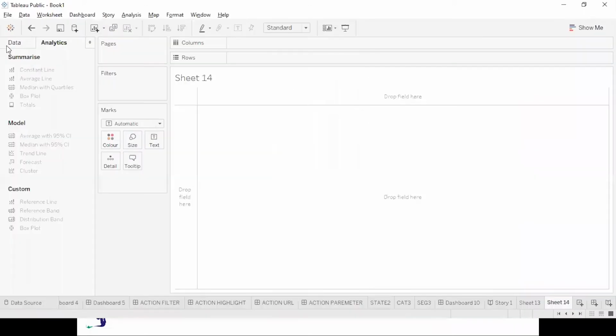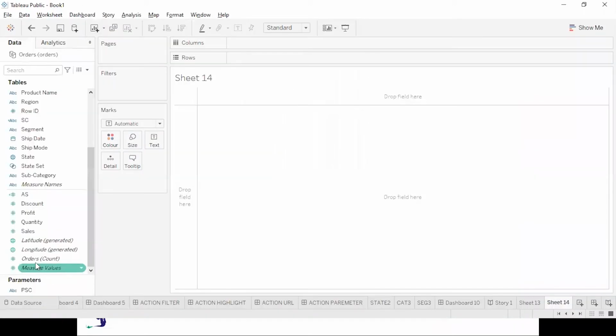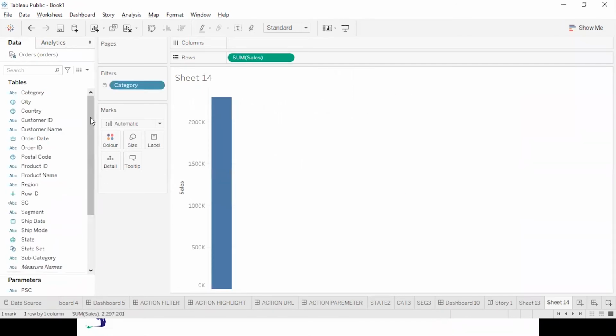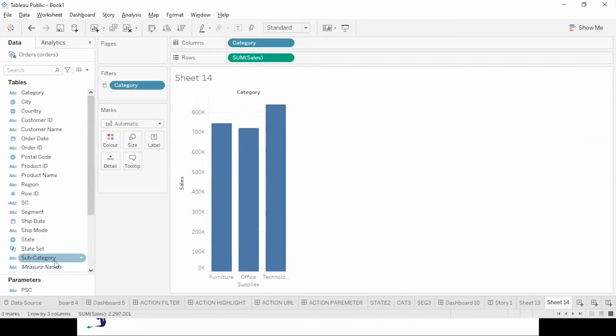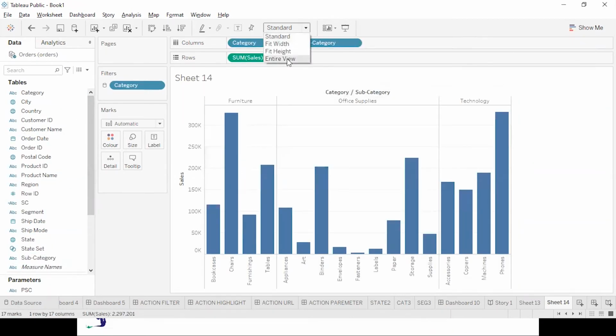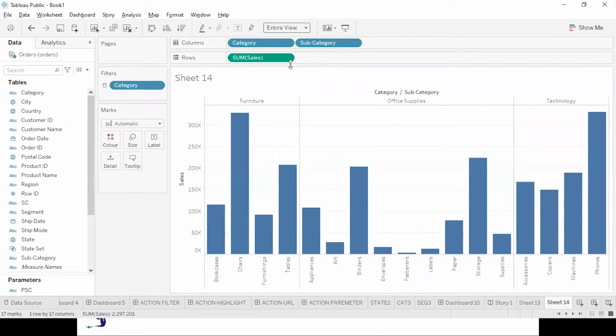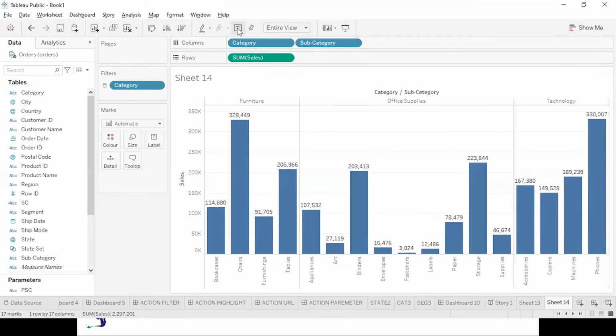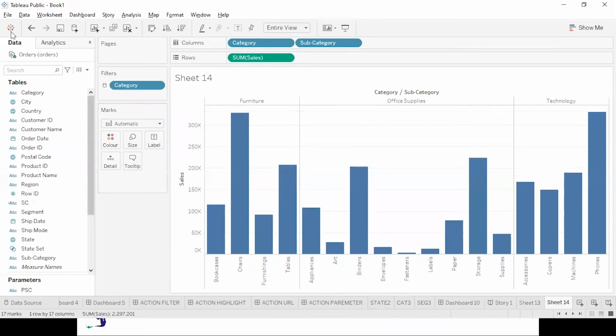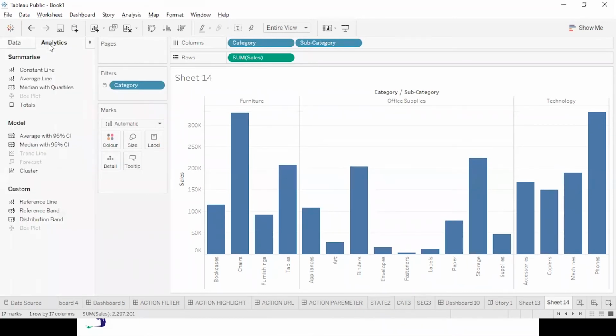Here you will get a quick analysis of your data. So let's create some chart and see how we can utilize it. Let me take the sales on the basis of category and subcategory. Let's make it an entire view. I will go to the analysis and you will see a constant line.